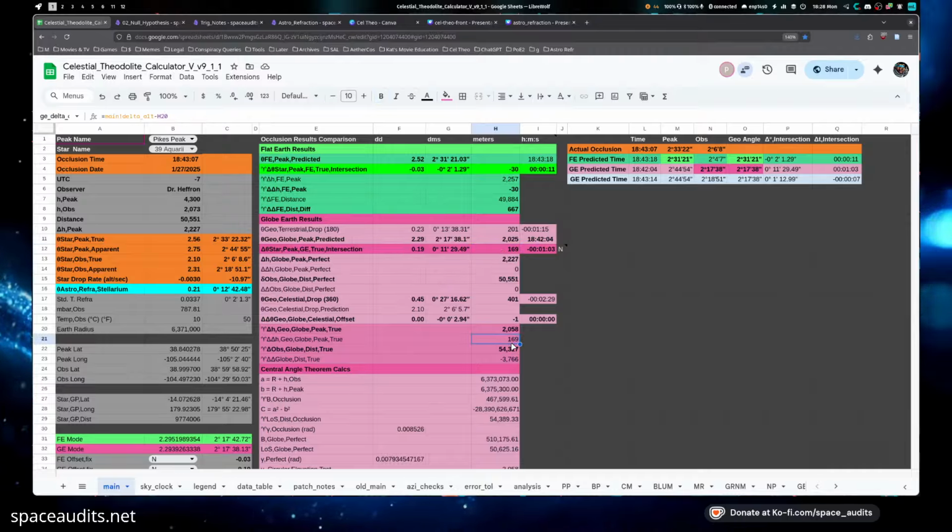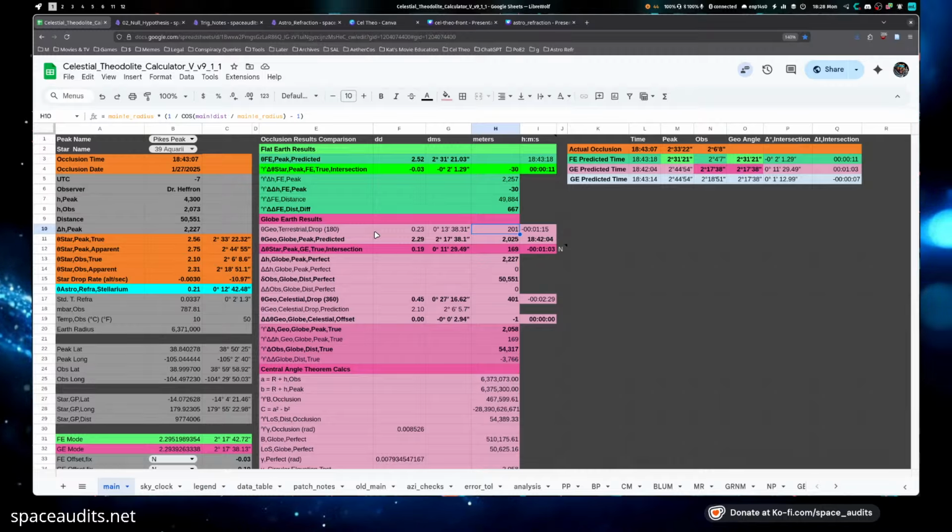When you go to derive elevations off of what the globe predicted for their occlusion angle by how much they're off, they missed their mark by Earth curvature, and we share that same error. So if we take the 169 that they're off that they derived for their elevation, and we add it to the 30 that we were off, we get Earth curve.